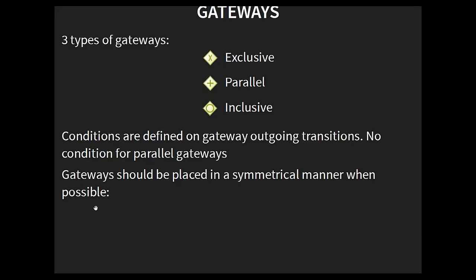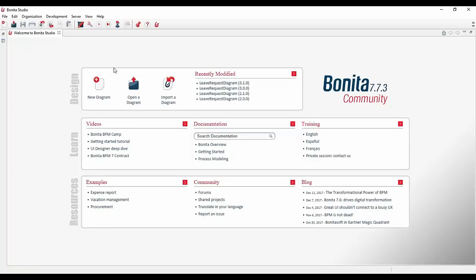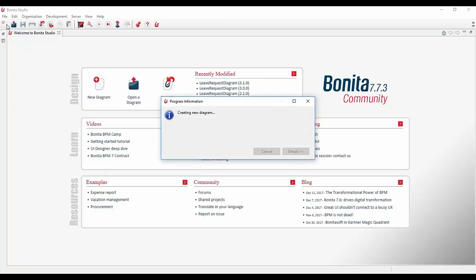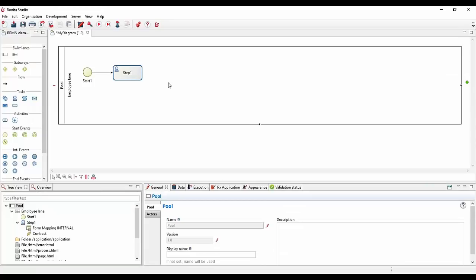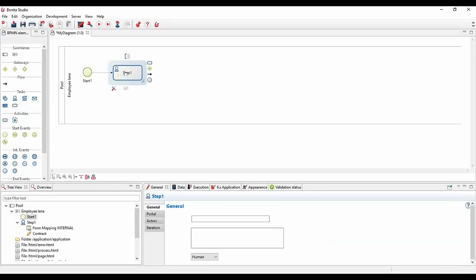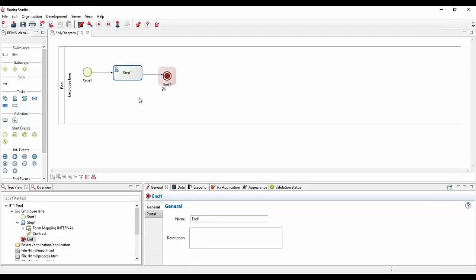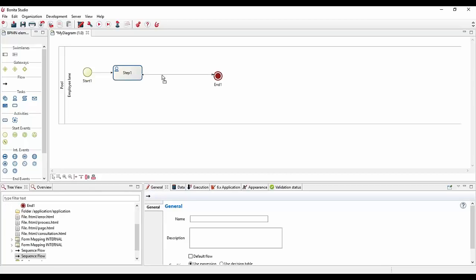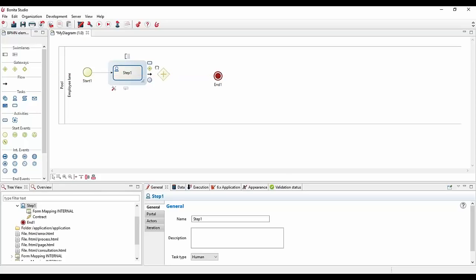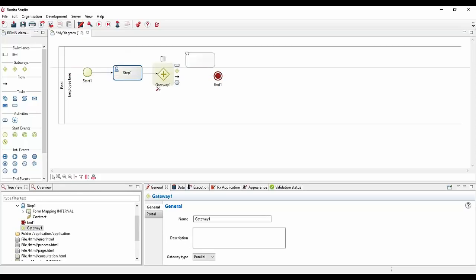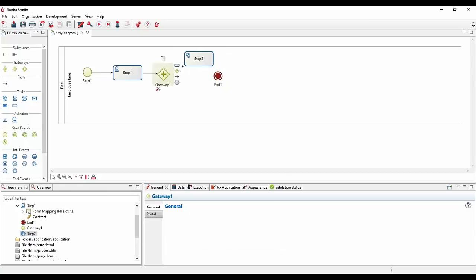So I can show you quickly on the studio. I have a studio open here. If I create a new diagram, the diagram again is just a set of processes. As I told you, by default we have a process with the minimum: start event, a step, and you see we can drag and drop and add items like that. So we'll just add an end event. If I want to have another task, let's say, I need to, so I can have this gateway here. And you see we can drag and drop and have multiple transitions or sequences, if you prefer, here.